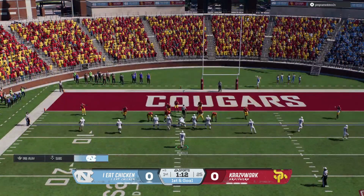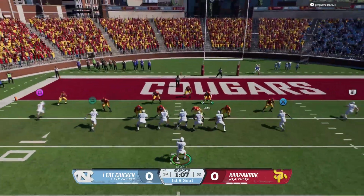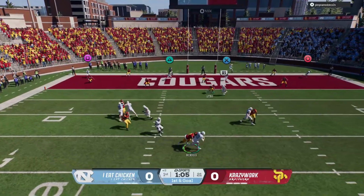Well, this is why this guy's one of the top wide receivers in college football. It's 3rd down. The defense knows you're probably going to go to him, and they still can't stop him from